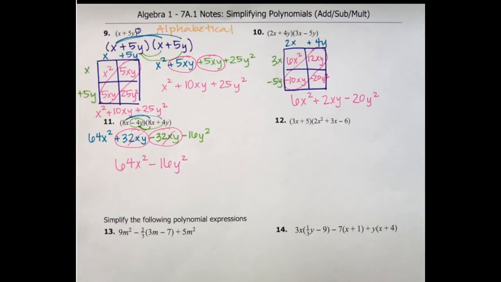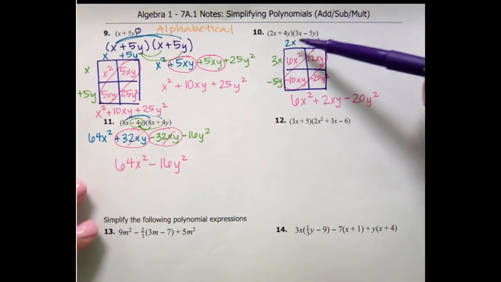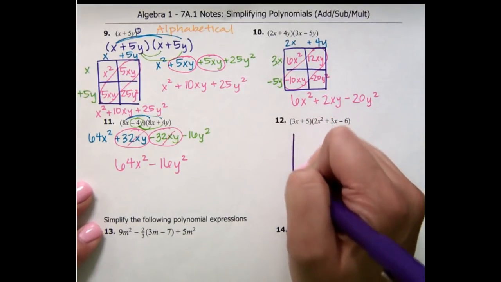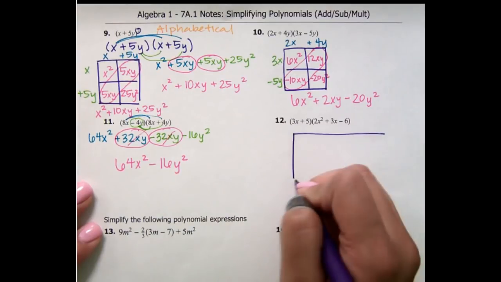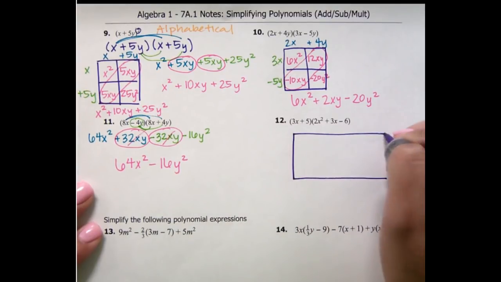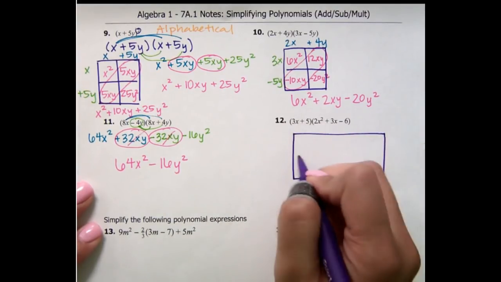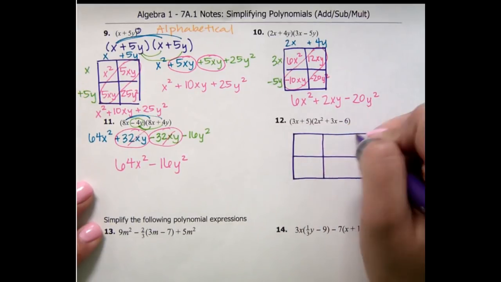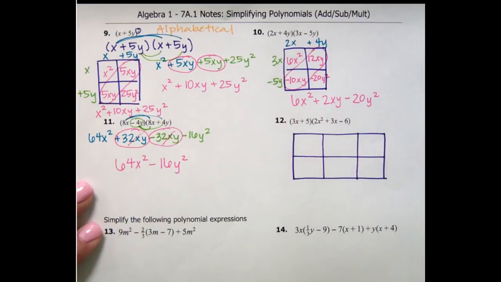Your box method is going to have to look a little different because we can't fit these 3 and just these 2 here. So this time we're going to make the box a little bit bigger to make sure that we can fit everything in it. So still 2 on the side, but now instead of 2 at the top, we have to make it by 3. So